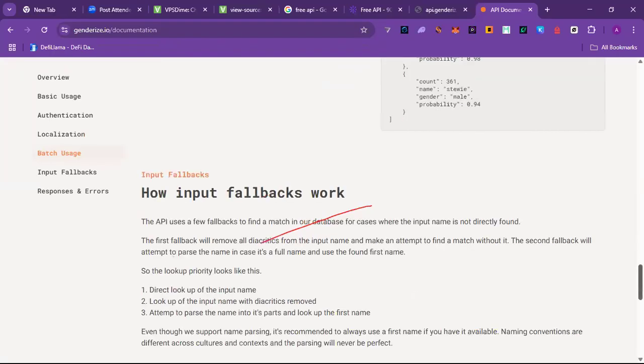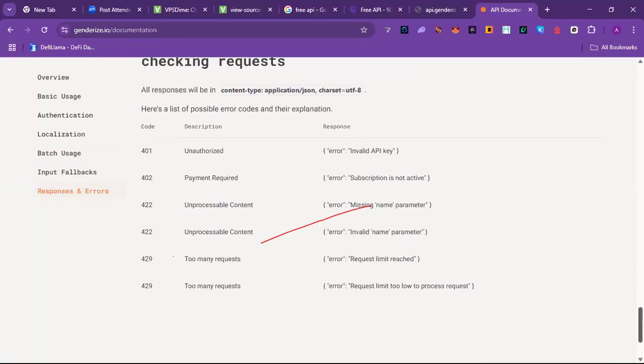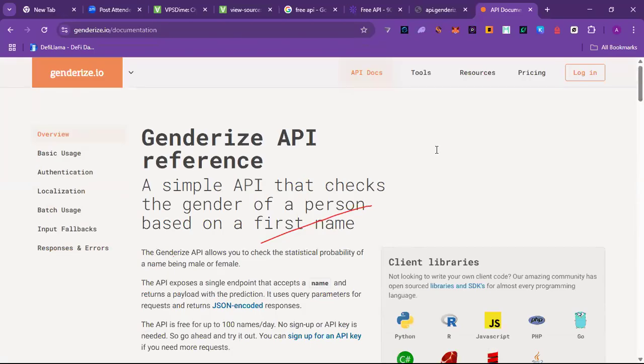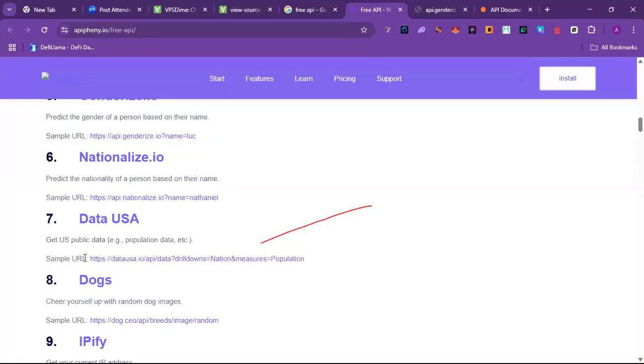Okay, so let's just try out some few of them and let's see. All right, so this is a very basic documentation for this particular endpoint, right? So it's good to go. But then there are other ones out there that you can also use. Probably you can get